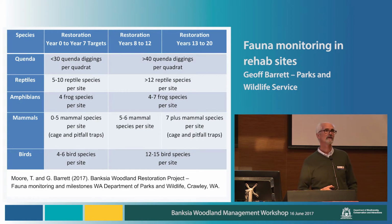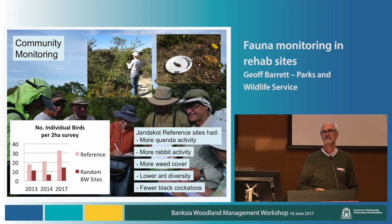The community component of the surveys is very important. It's not only does it get community involved, but it also includes a much wider spread of surveys. There's over 70 sites across Perth that are being surveyed by community, well over 1,100 surveys done. If you randomly choose ones that were done in Banksia Woodlands over the time, 2013, 14, 15, this is the number of birds, individual birds per